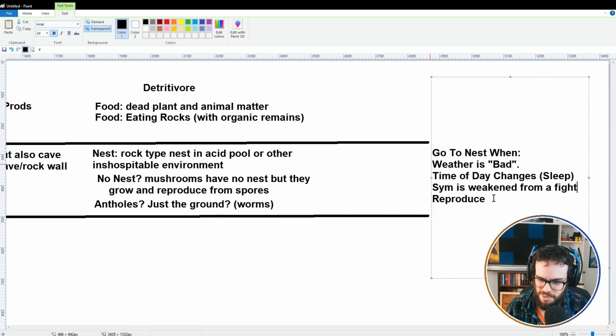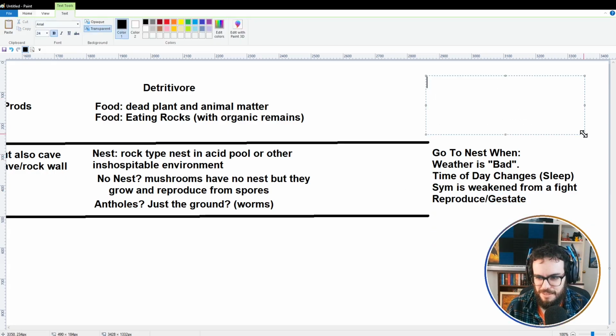And then you'd also go there to reproduce, which I guess let's add gestate, because really we could just say that, you know, this is family friendly. They just reproduce at night. When a mommy Rattata and a daddy Rattata love each other, they just boom, baby happens. But then, you know, you gotta grow that baby. Okay. And then